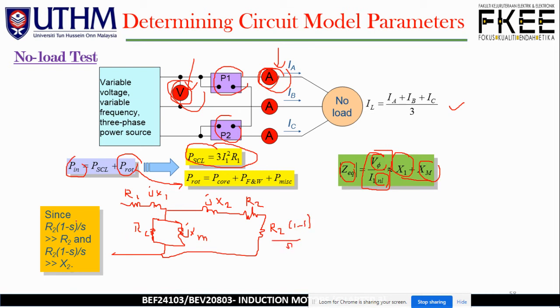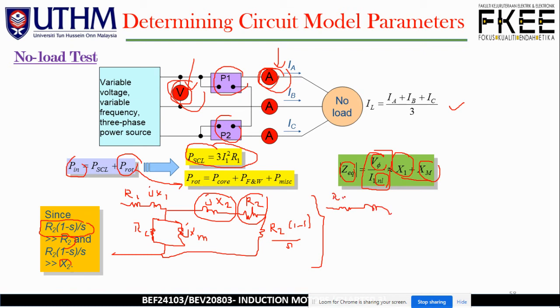Now since R2 (1 minus S) over S is much greater than R2, and R2 (1 minus S) over S is much greater than X2. So what happened next? That means R2 and X2 are very small compared to this one. So this is very small, very less. And then we can simply reduce the equivalent circuit into a new equivalent circuit, which consists of